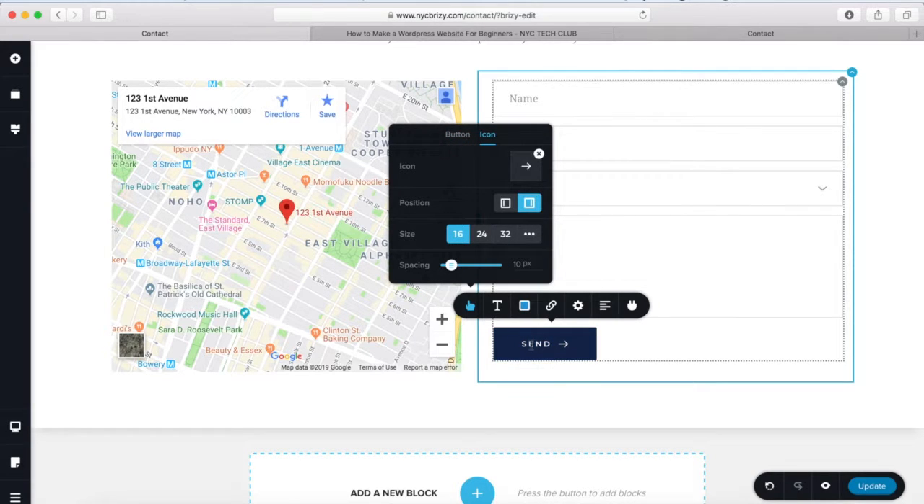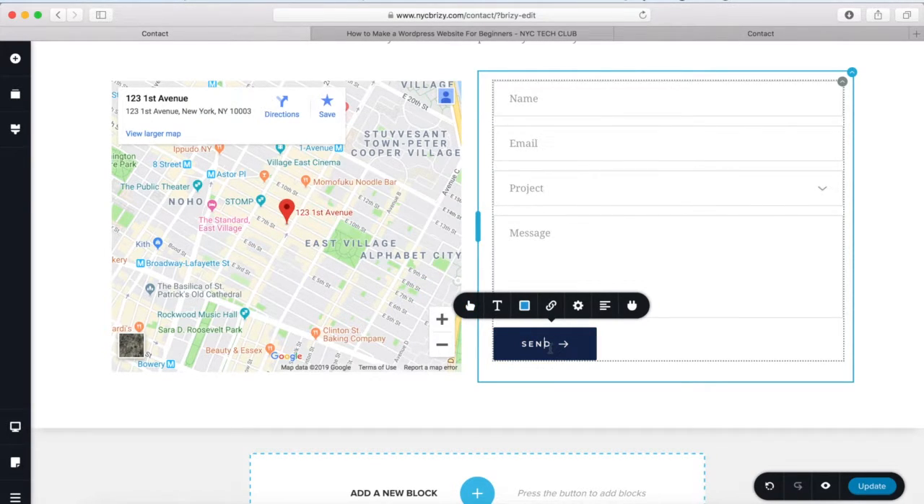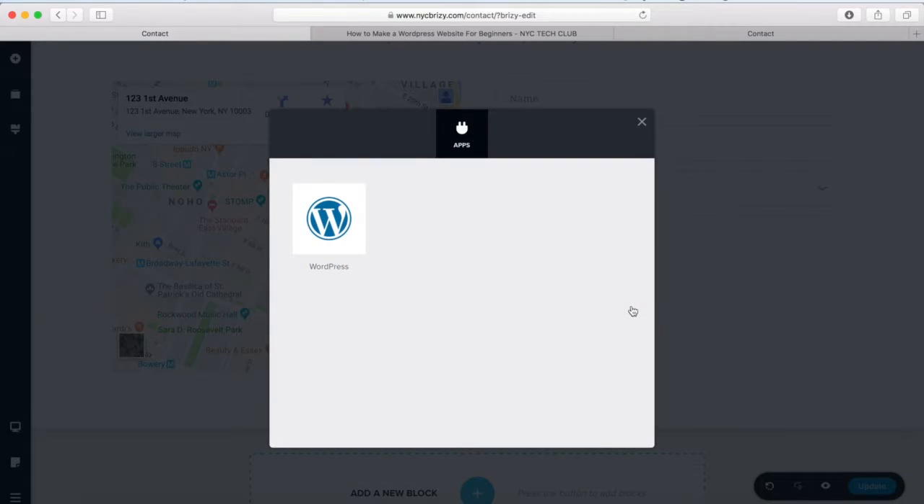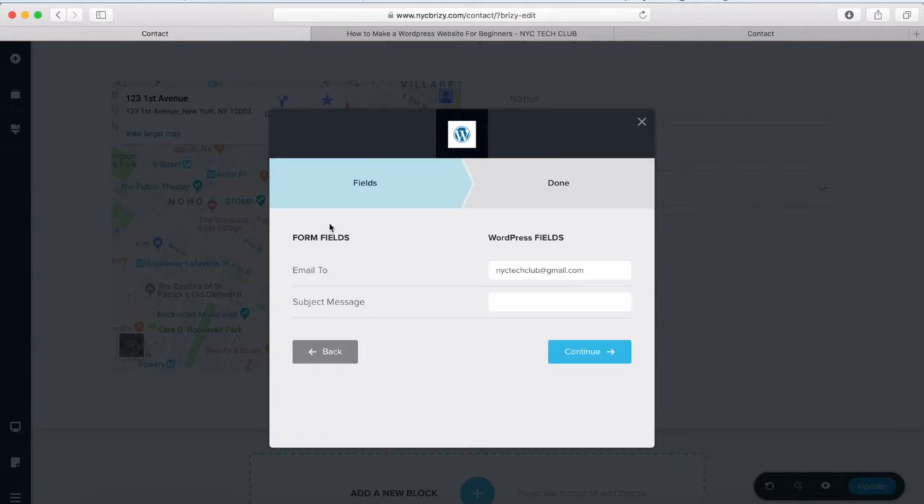What you want to do is click into this button though, and click on this little icon right here, and you're going to get this pop-up with these apps, and you should see the WordPress button. So we want to click on this, and you're going to get this pop-up with the form fields. And you want to put in the email address that you want the messages to get sent to. So I already have my email in here, and then you want to have a subject line if you want to know where these emails are coming from. So maybe a new message